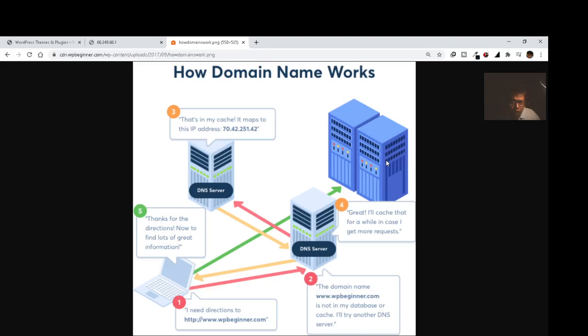Once you put the address in your URL bar, it will move on to the DNS. It hits the address, that is audiences.com, and moves on to the DNS server, which finds the associated IP address. Once it has been located, it hits the name server, the server where all the files are stored, and from there it is directed to your browser, and it is that simple. You need not worry about that, because it is all taken care of by your hosting company, so you don't have to worry about all this technical part.